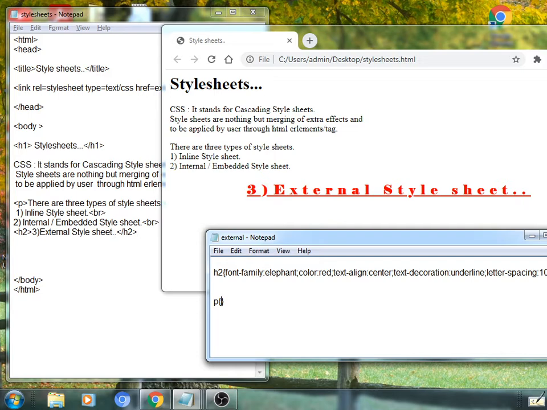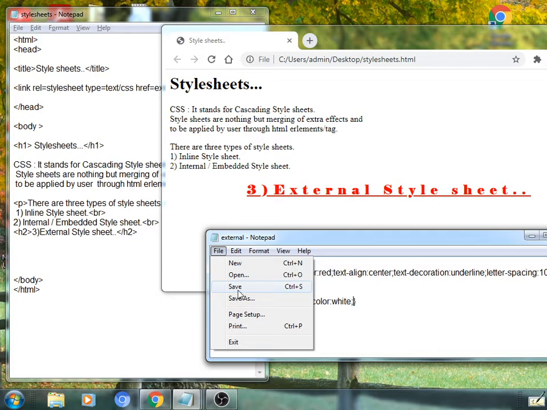Okay, one can apply property number 1 as background-color. Its value to be given, suppose I would like to give green as its property value. Text color might be applied, so color white for such text will be applied.